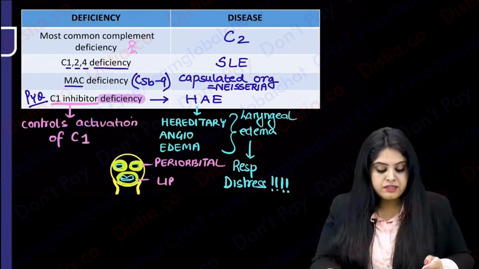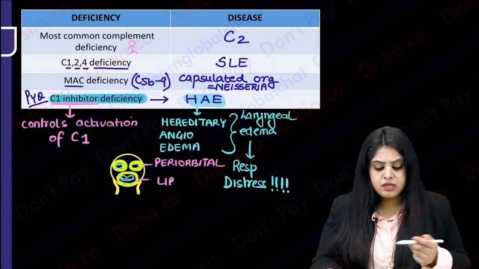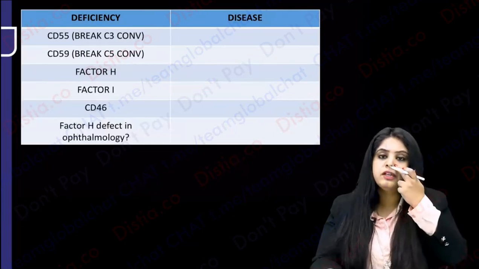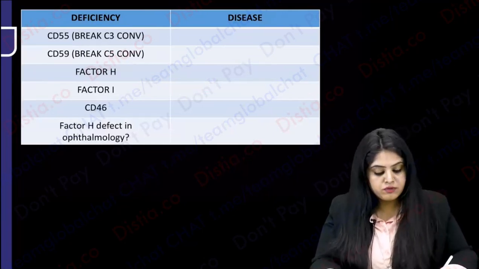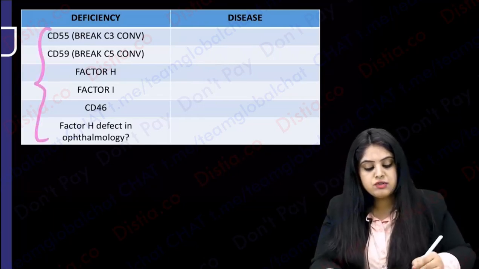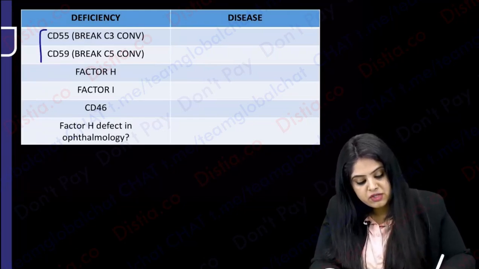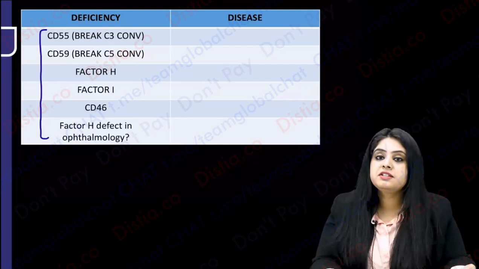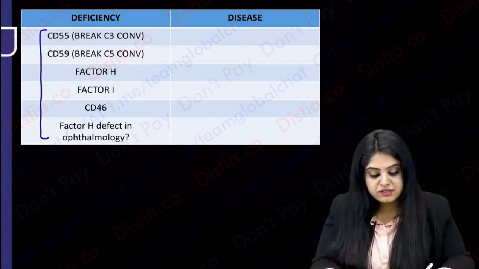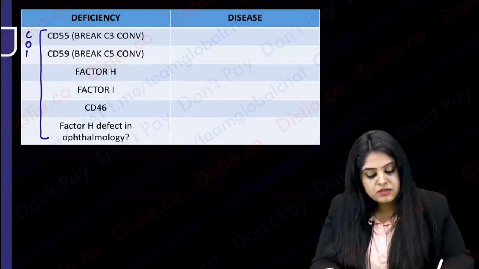So remember, hereditary angioedema happens when the controller is lost, because the C1 inhibitor is deficient. When you're talking about this, why don't you talk about the others also? Let's talk about all of these. All of these are controllers. That is what I want to tell you. All these things that are mentioned over here, CD55, CD59, factor H, factor I, CD46, all of these are controllers